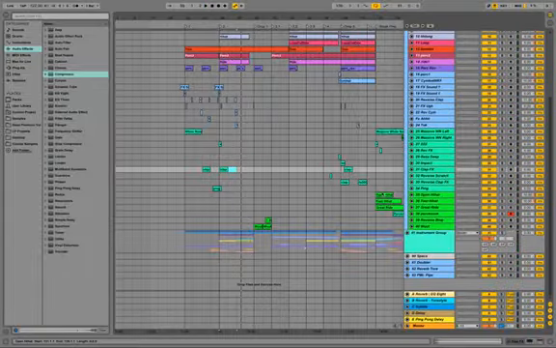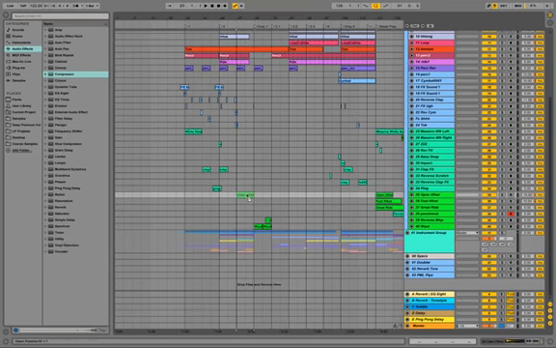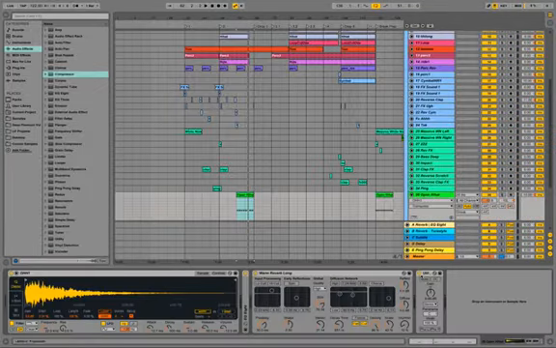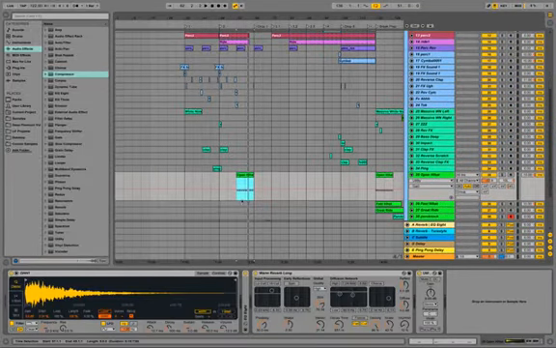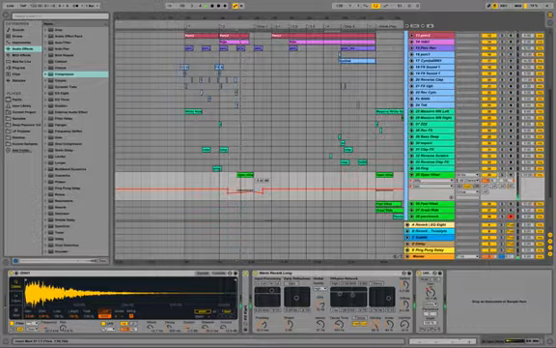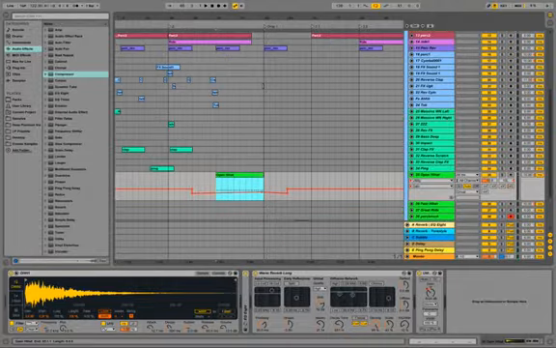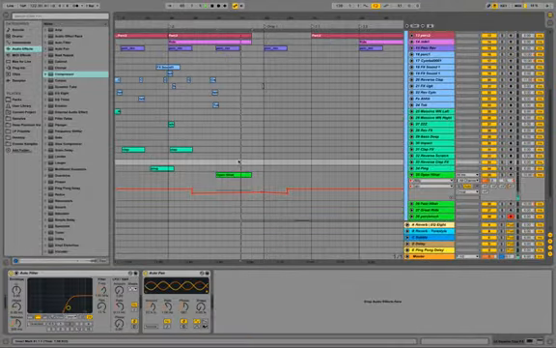And now we have this open hi-hat here in the break, and we can actually also play it here. But it's a bit loud, so we are going to bring it down, put in the utility and take it down a bit. And of course we don't really want to play the last bar, so